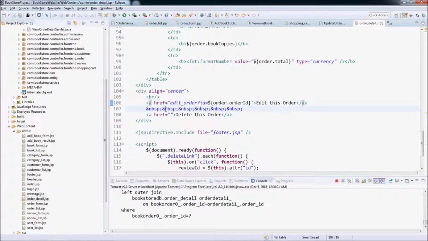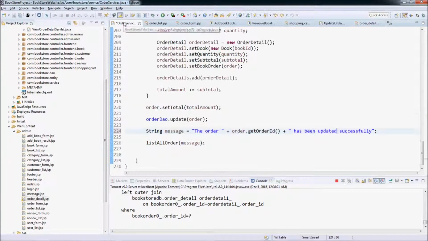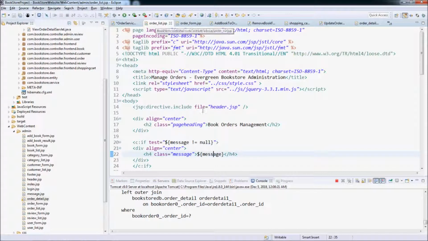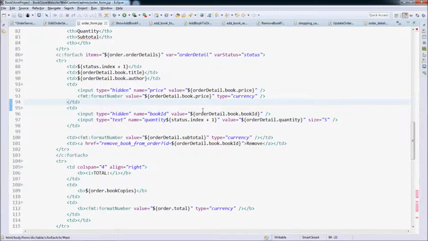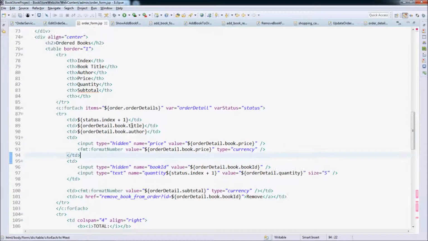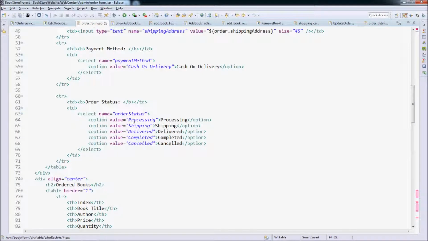It's because we haven't written the code to update the order status after the form is refreshed. Order status here.